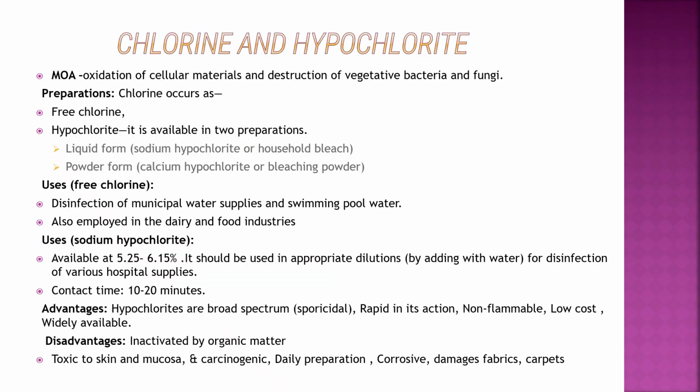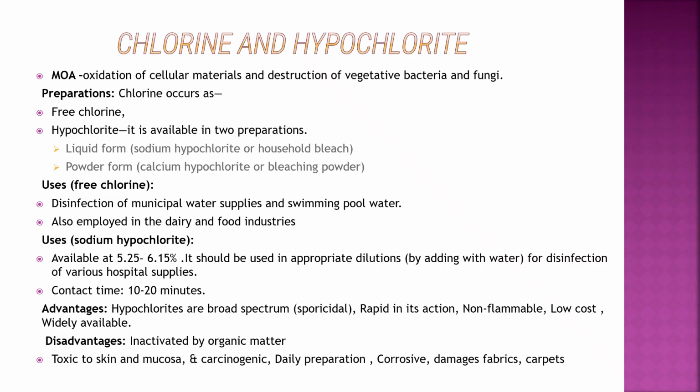So next is the chlorine and hypochlorite. Mechanism of action is the oxidation of cellular materials and destruction of the vegetative bacteria and fungi. There are two preparations: free chlorine and hypochlorite. Hypochlorite is available in liquid form, that is sodium hypochlorite or household bleach, and powder form, calcium hypochlorite or bleaching powder. So uses of the free chlorine: disinfection of the municipal water supplies and swimming pool water, also in the